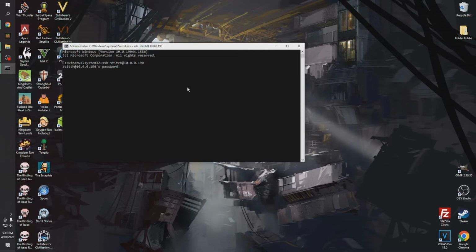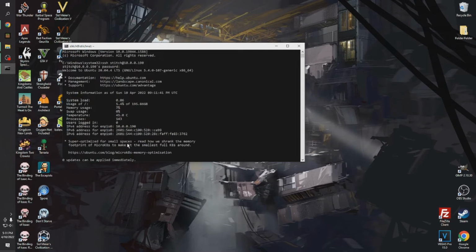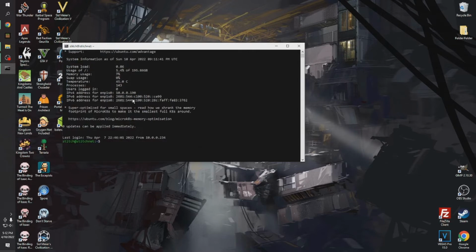For you, there is going to be no password. It's going to ask you to create a password, and just know that it will never show you what you're typing. All right, again, so now we've hit enter, and we're going to wait for it to SSH into the server, and here we go. So we are Stitch at StitchNet. You're going to be root at Ubuntu probably, but from here, it already shows us all the statistics for